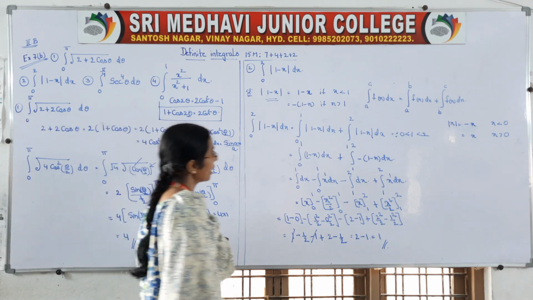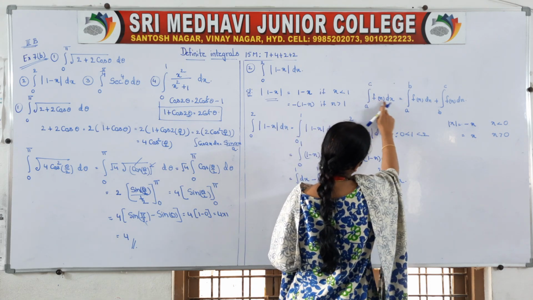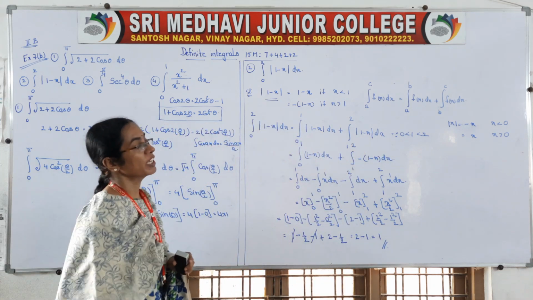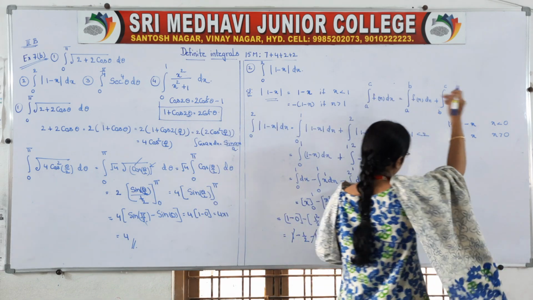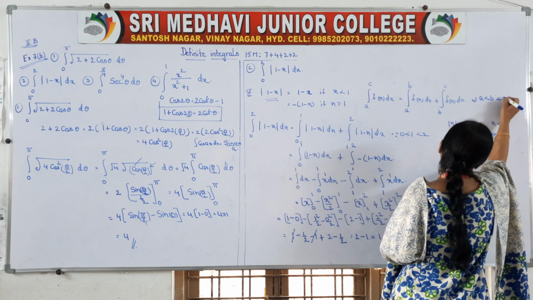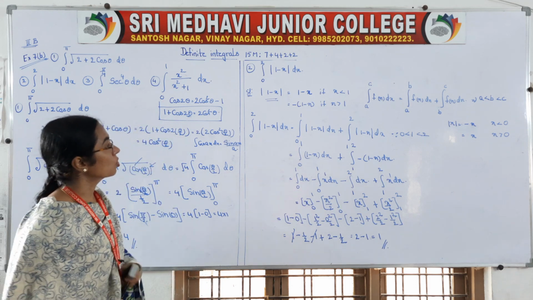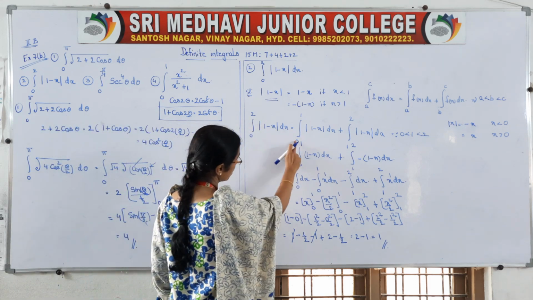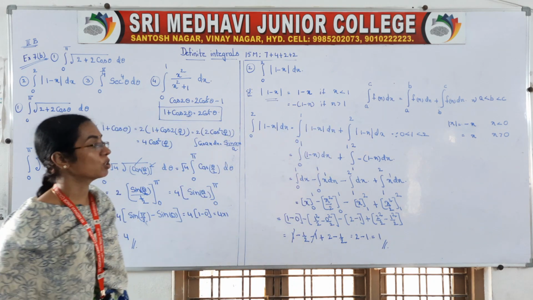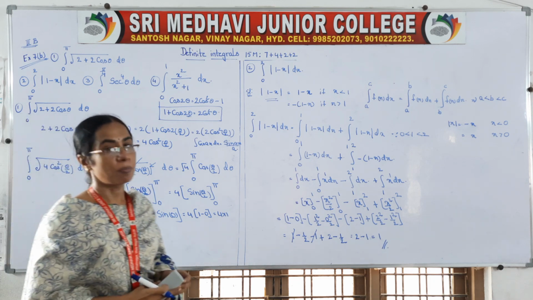And we applied two things. One is modulus and another one is, suppose we are having the integral a to c f of x dx. This can be written in two forms where b lies in between a and c. See here your b lies in between a and c. Then only we can split the integral in that form. So here 0 to 2 is there, that's why it is split into 0 to 1, 1 to 2. Why? 1 lies in between 0 to 2. Then you apply that modulus and simplify the problem.